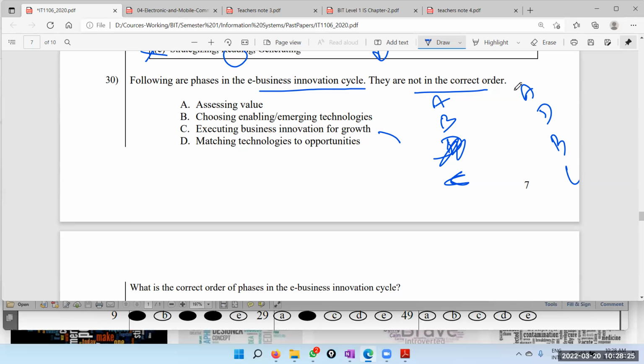Now let's see whether it makes sense. Assessing values, matching technologies to opportunities, choose emerging technologies,